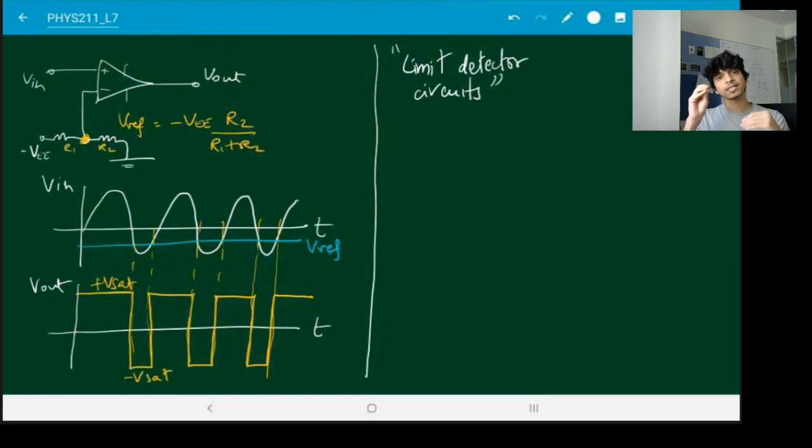Or if it crosses it the other way, initially it was dark and the flash was on, and now the ambient light has increased. So now you say, I have crossed the threshold, it is sufficiently bright, so let's turn the flash off. So this kind of automatic circuit, which in this case tests the limit of how much ambient light is there. So if you want to design something like that, you might want to use the comparator circuit.